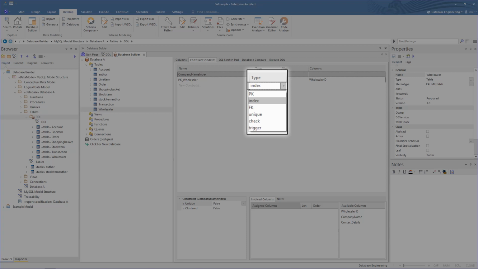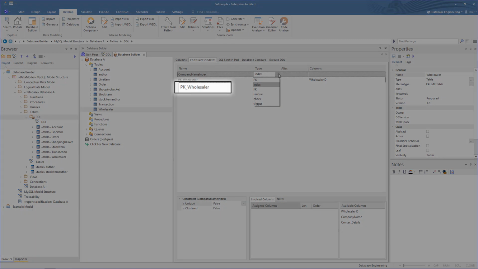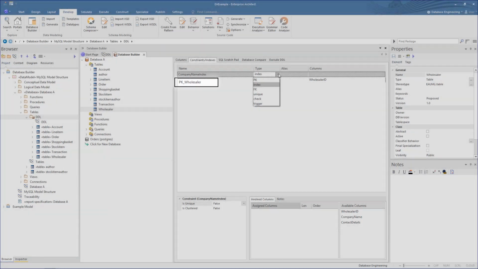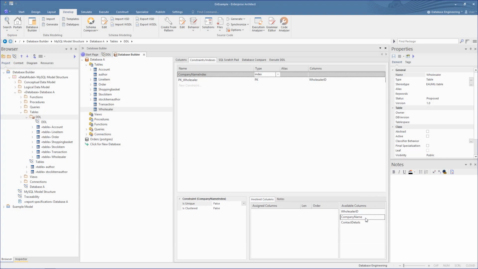In the type field, you can see we have a range of options, including primary and foreign key options, indexes, check constraints, unique constraints and triggers. In this case, the primary key was set earlier when we were simply setting the column PK tick box. And regarding the foreign keys, we've already covered one of these earlier for the stock item. So, let's set an index. In the lower pane, we can select what field to index on. So in the available columns, we double-click on the company name to get this placed in the involved columns. We can also set the constraints as unique or clustered.